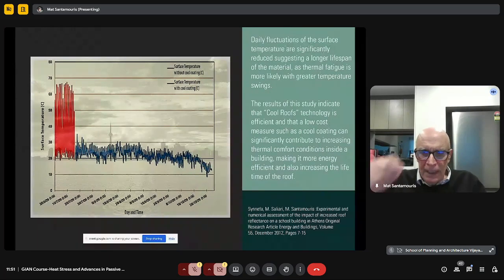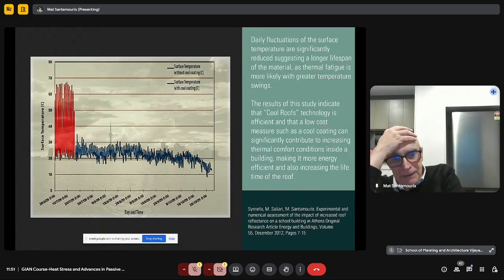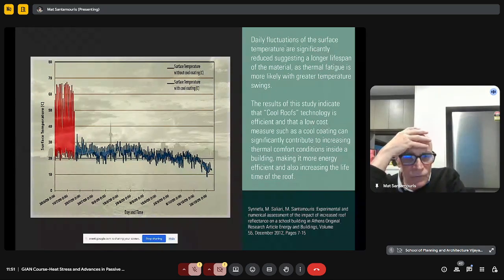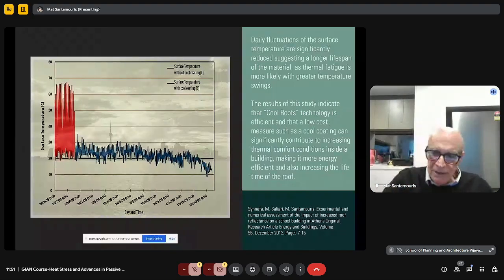I'd like to show you, in a comparative way, how the temperature was before. These are real recordings of the temperature, the red part, and how the surface temperature changed after the installation of the cool roof. You see that there is a tremendous temperature difference. I know that in India there is a national program of cool roofs for schools, and this is very useful. This is really an excellent way to improve comfort, decrease the cooling needs, and provide the best possible quality of life to the students.